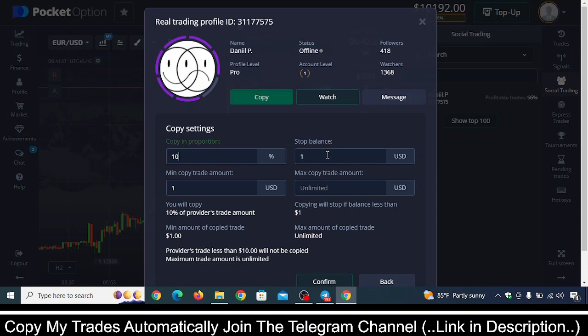Instead, what you can do is, let's say you just want to risk $1,000 in my copy trading or $100 in my copy trading, then put only that much balance here. The remaining funds you just withdraw to your bank account, and put just that much balance and start to copy my trades. Once the setup is done, just click on confirm, and you will start to copy my trades automatically in your account.